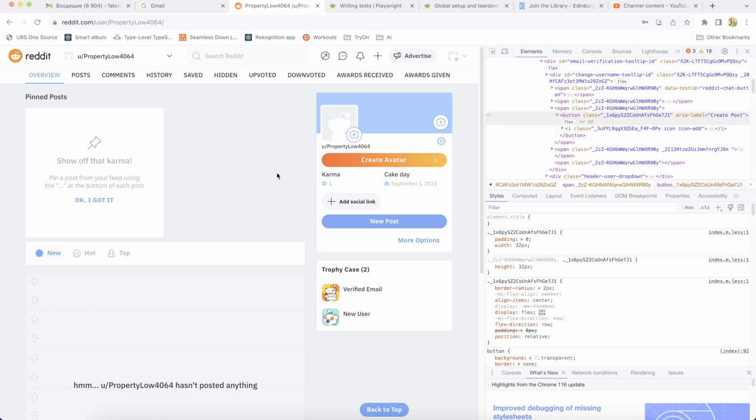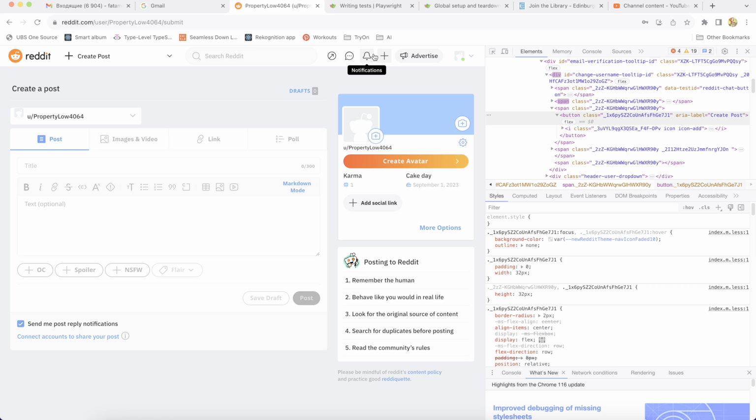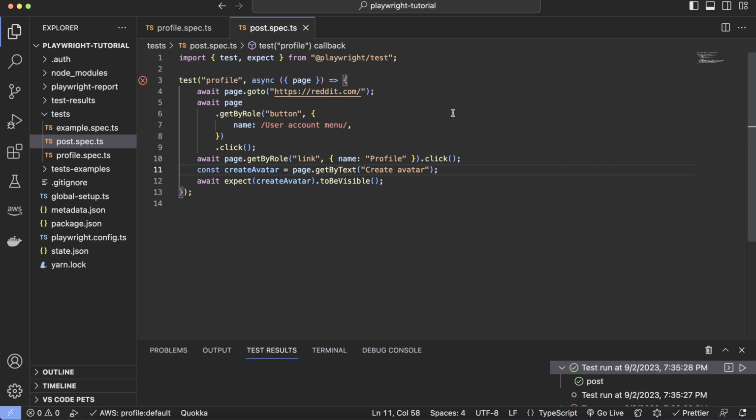So what we're gonna do now is we're gonna go to Reddit and click this button, add to post. Then we're gonna fill in the form and post it, and then we should check if our post is saved and displayed correctly. The test for post will be a bit trickier than the tests that we wrote before, because